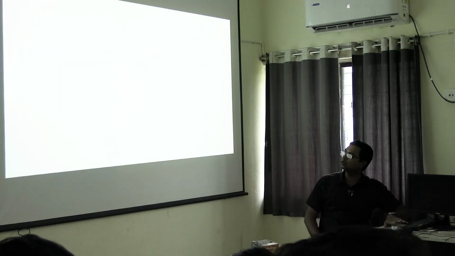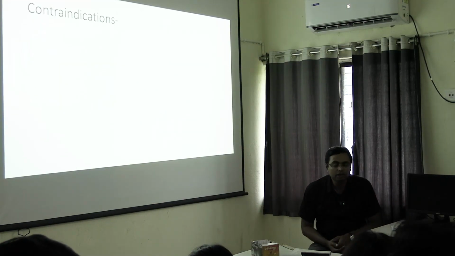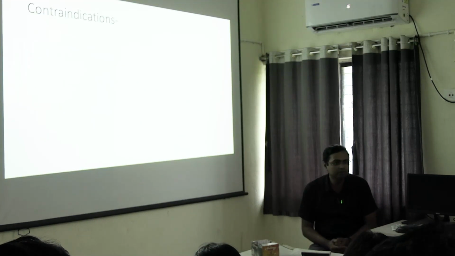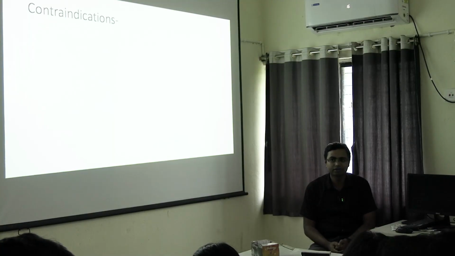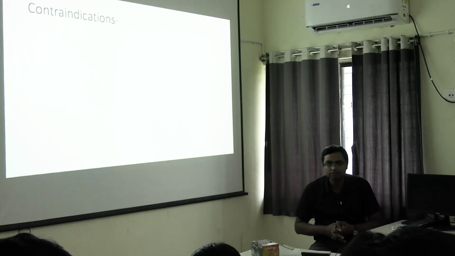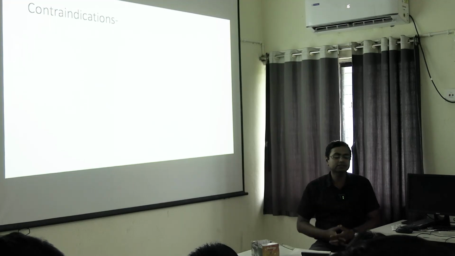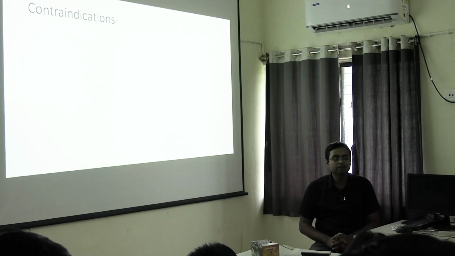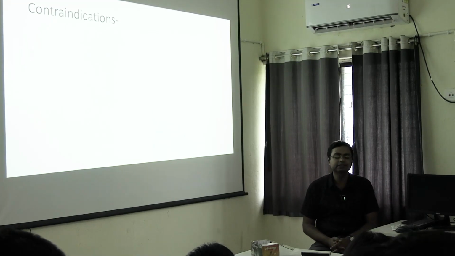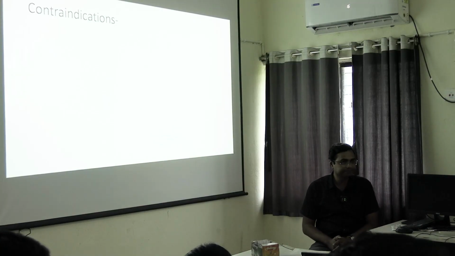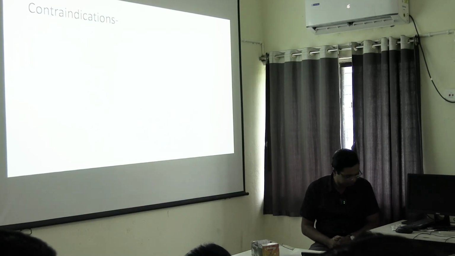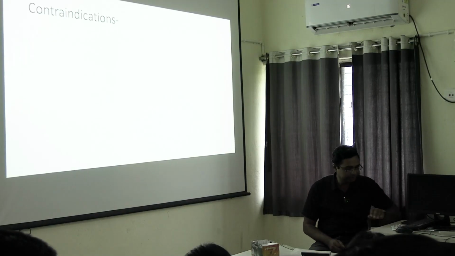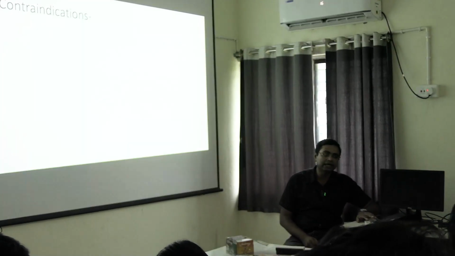So what are the contraindications of doing lumbar puncture? কিছু বল, কখন lumbar puncture করব না? Spine fracture, spine deformity, increased intracranial pressure. Increased intracranial pressure হলে কি হবে? Herniation of brainstem হতে পারে। Yes, আর কিছু